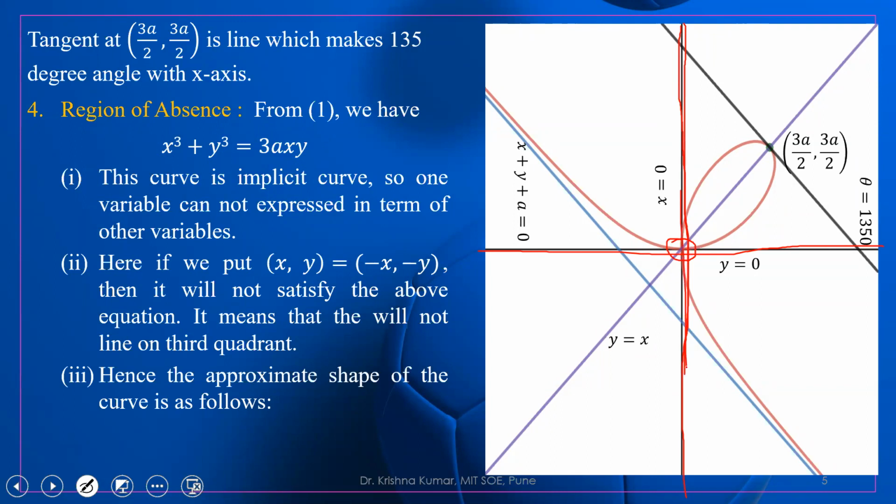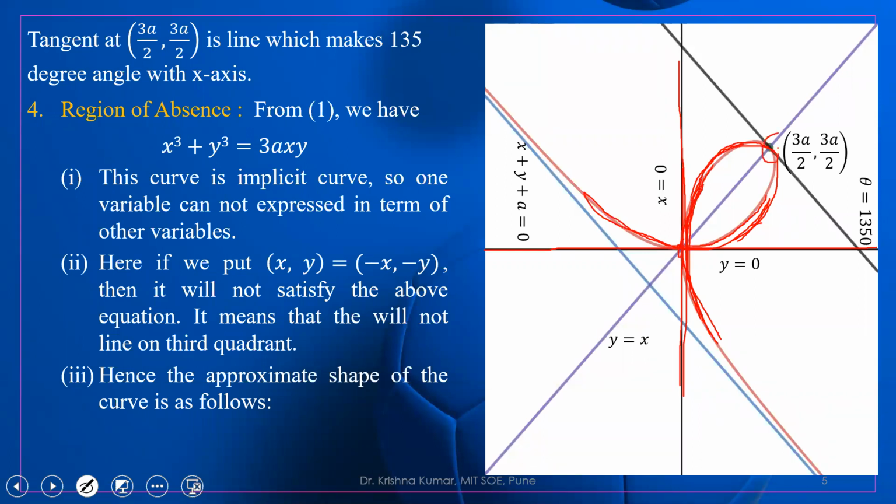Just look here. If we want to draw the tangent over here, we are saying this is the tangent. What it means, the curve will go like this, because at this point, the origin, this line x equal to 0 is the tangent. So we can draw like this. Similarly, this line is a tangent, so we can also draw like this. Correct? So now if we go from this side and from this side, they will be meeting at one point.